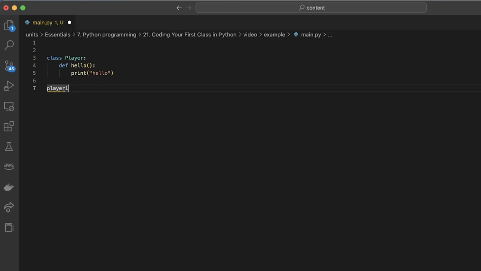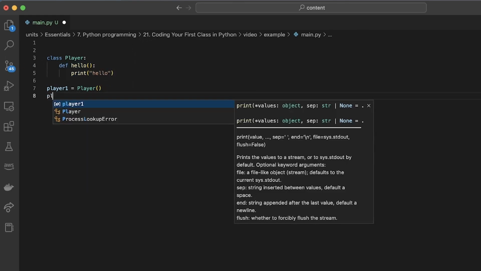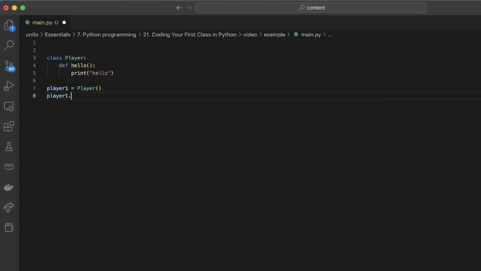So I'm going to have player1, and that's going to be an instance of this class, like that. Put the round brackets after the name of the class to create an instance of that class from the template up here. And now, once I've got that instance of the class, I can access its attributes and its methods, its properties and its things it can do. In this case, all it has is one function, one method, that's one thing it can do. And so the way that I access the method is using the dot operator. Like that. That's how I access that function. And that's a function which I've defined, so I can call it like that. Now if I run this code,